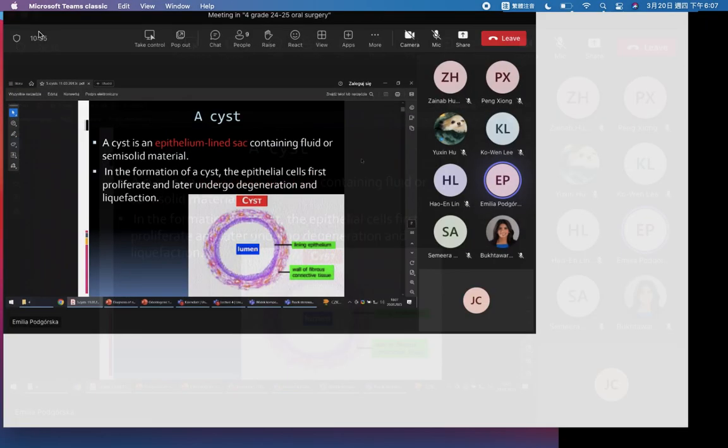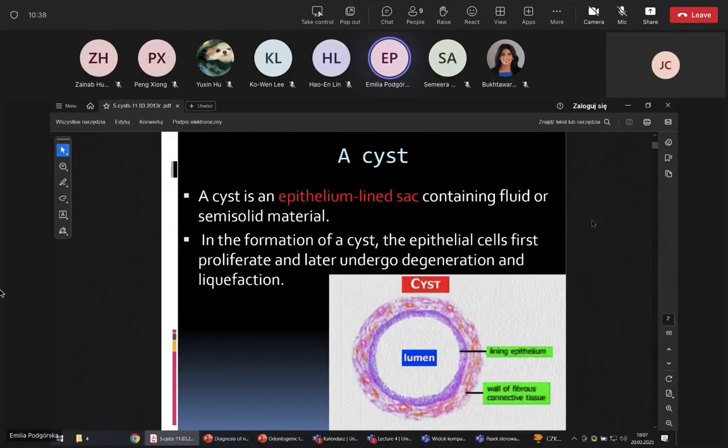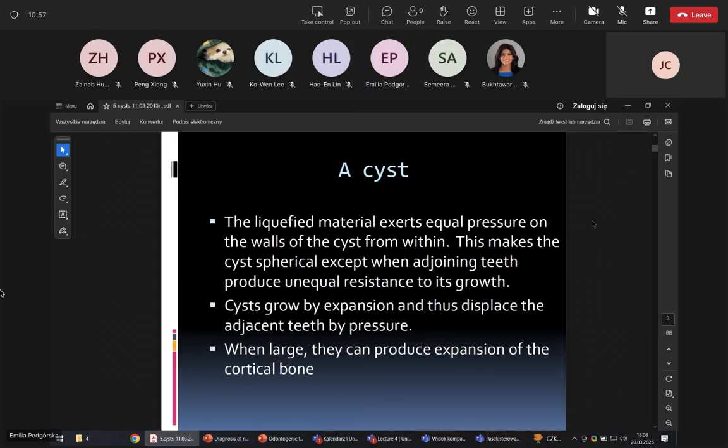A cyst is an epithelium-lined sac containing fluid or semi-solid material. In the formation of a cyst, epithelial cells first proliferate and later undergo degeneration and liquefaction. And if the liquefied material exerts equal pressure on the walls of the cyst, this makes the cyst